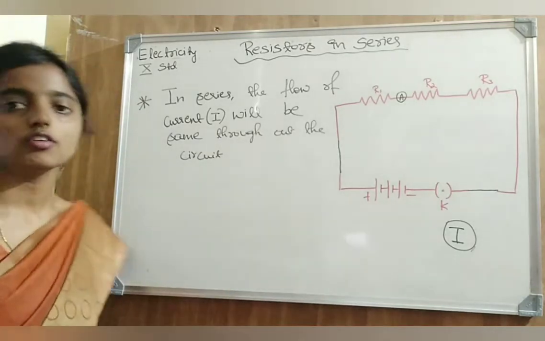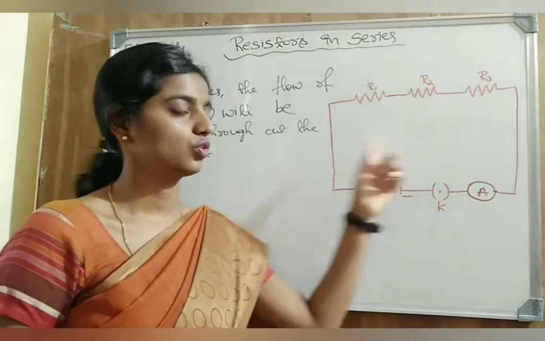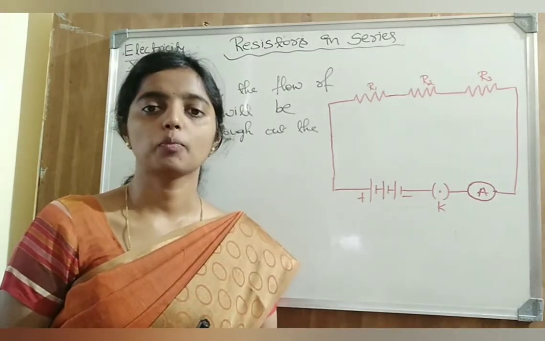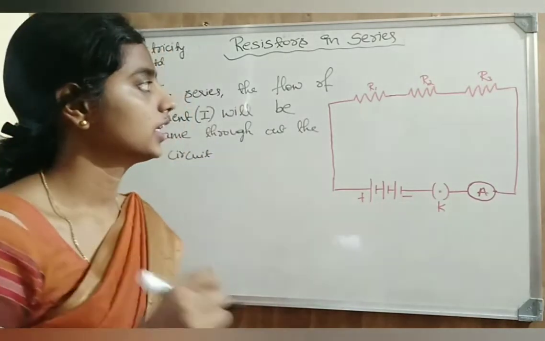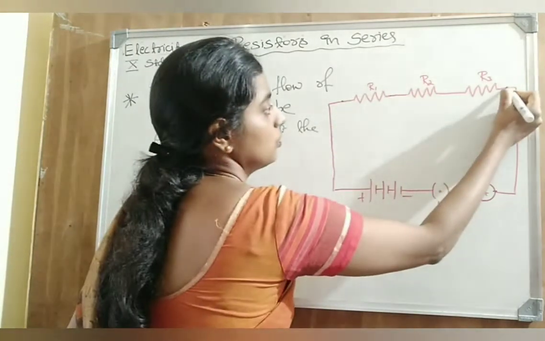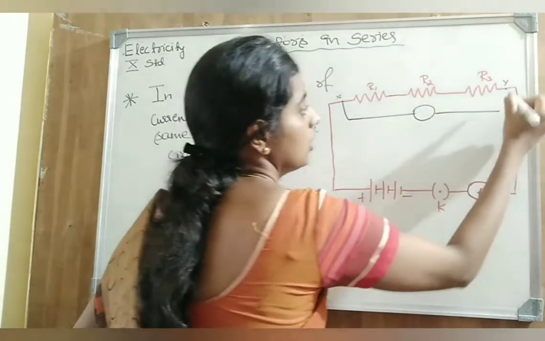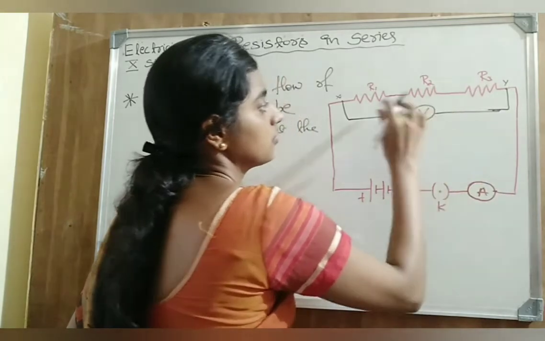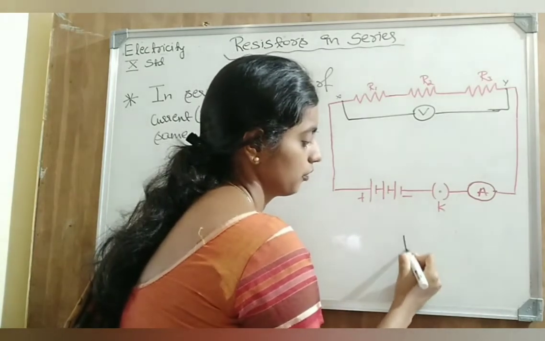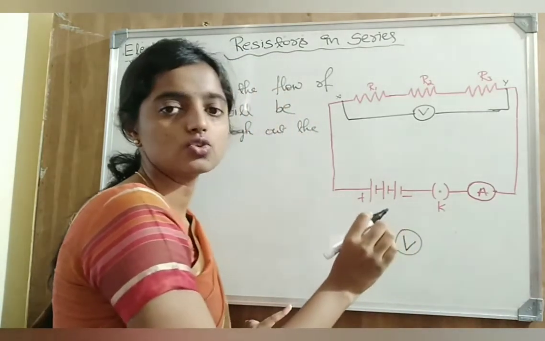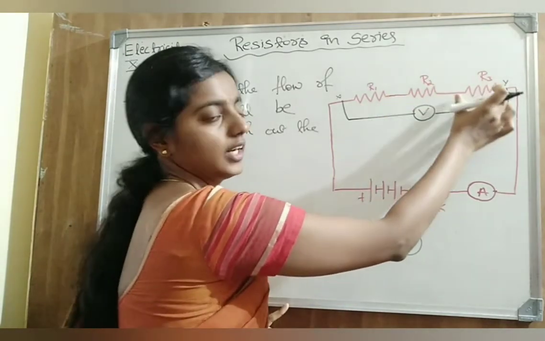Now let us go for the second activity. In the first activity, we know that current flows constant throughout the circuit. Now let us see about potential difference, that is V. Let us insert the voltmeter between this terminal and this terminal. Let it be X and Y. After inserting the voltmeter across these three resistors, take the reading of the voltmeter. Let us get some V value. Now here also we need to change the position of the voltmeter in between R1, R2 and R3.